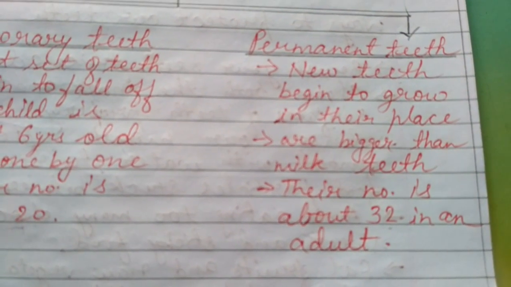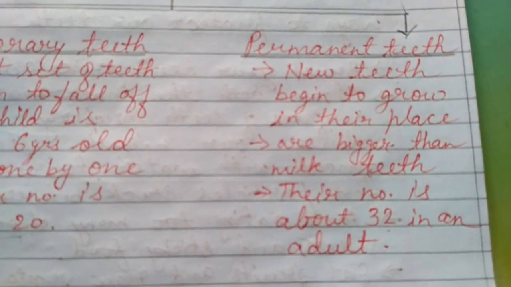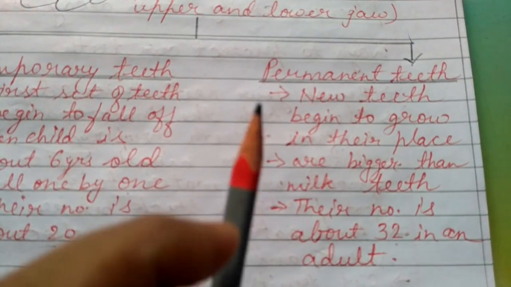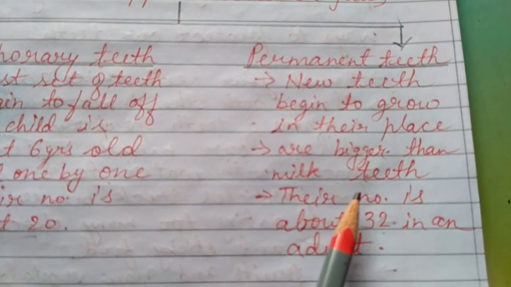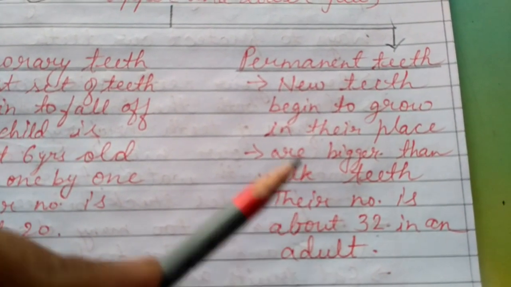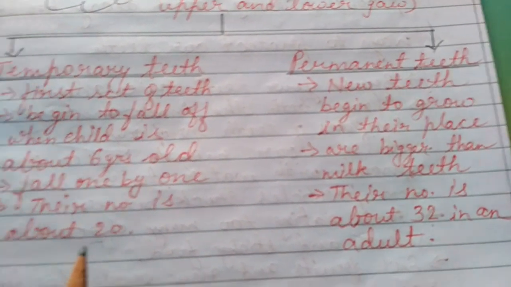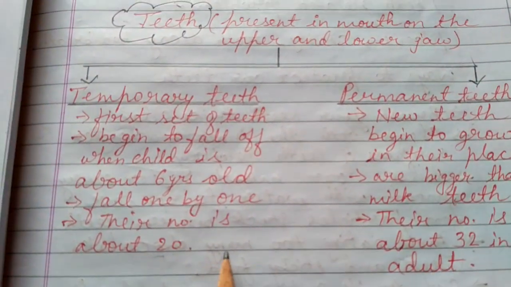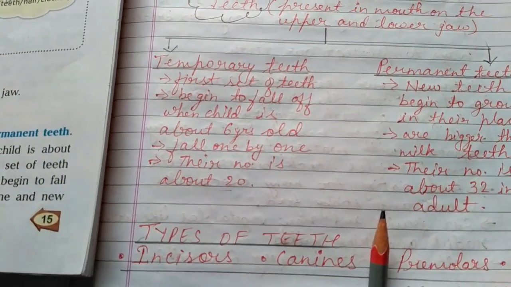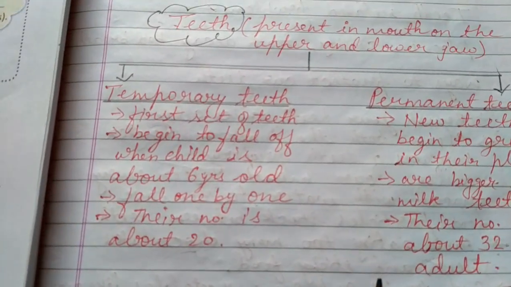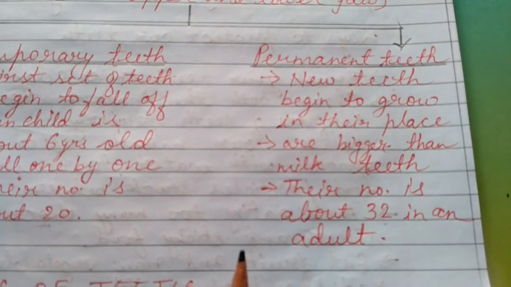Okay, so when a person becomes an adult, he comes in this age group above 20 years, then only the permanent teeth become total in number, that is 32. 16 in the upper jaw, 16 in the lower jaw. Okay, so these numbers of teeth are also important to learn, how many temporary teeth are present in the mouth, how many permanent teeth will be present in an adult's mouth.